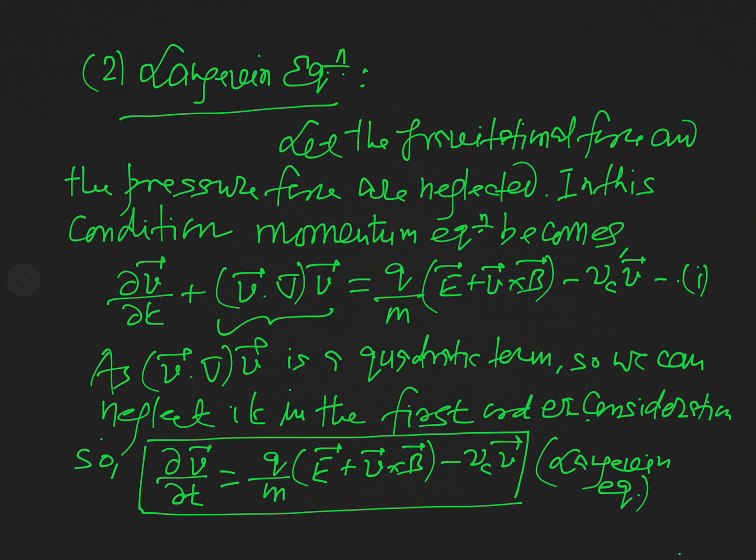And as I have told you, the Langevin equation is just a special case of the momentum equation. As you have seen here, we have just neglected the force due to gravitation, or you can say gravitational force, and pressure force, and then we consider the first order consideration in which this quadratic term is neglected. After these three considerations, our momentum equation becomes the Langevin equation. But this equation also has a great importance in magnetohydrodynamics, so it has independent significance.